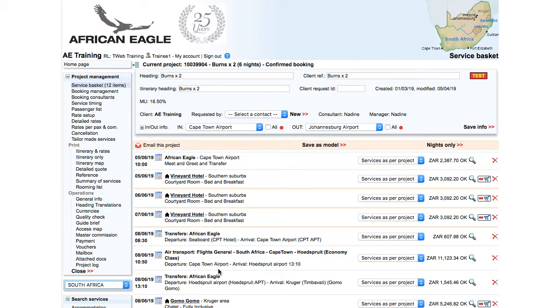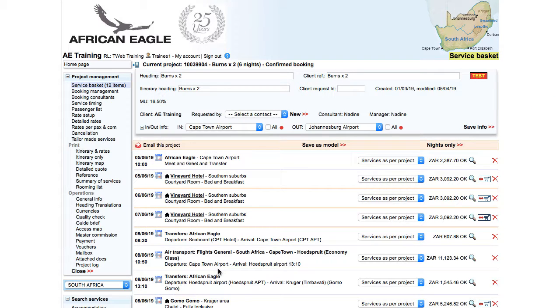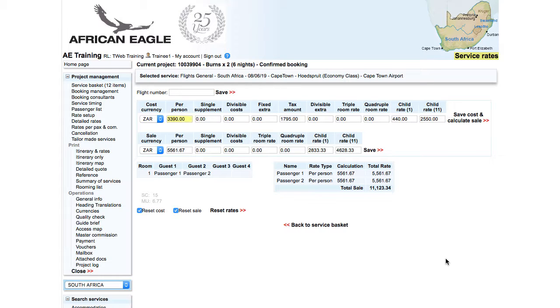Once a project is booked, the best available flight is booked. The rate in the system must be updated accordingly and the rate confirmed to the client. In Service Basket, click on the rate. In service rates, note cost per person 3,390, tax 1,795, sale per person